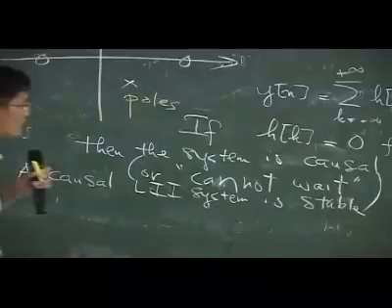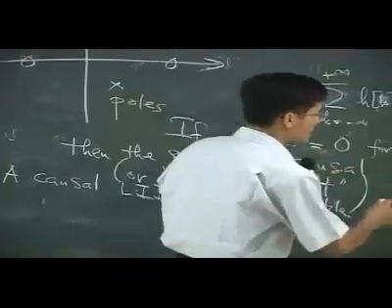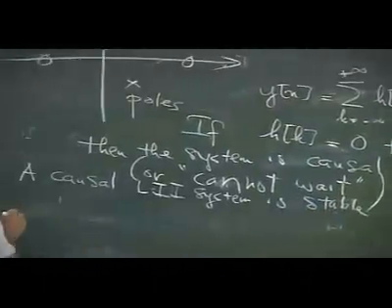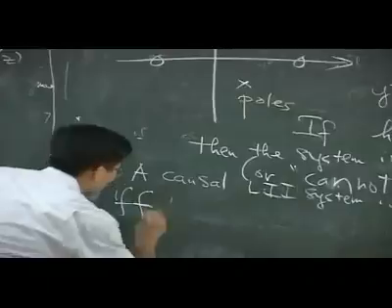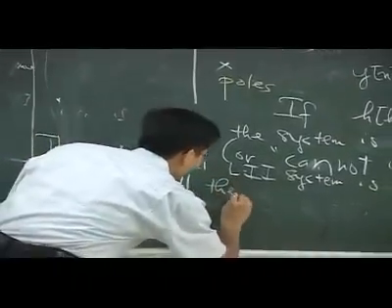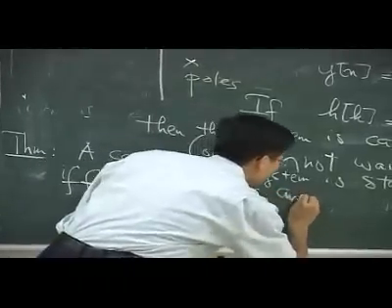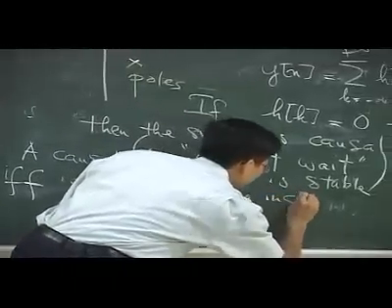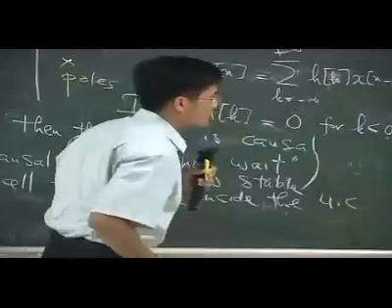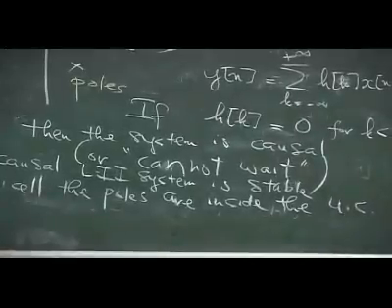So the system now is causal, right? So it goes here, and it is stable like this guy. And it's causal and stable if and only if all the poles are inside the unit circle, right? So the poles here, because all the poles are inside here,